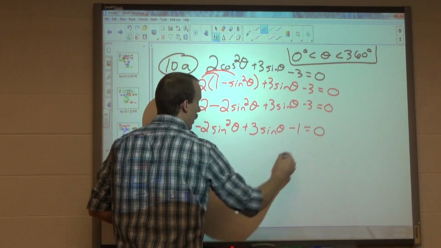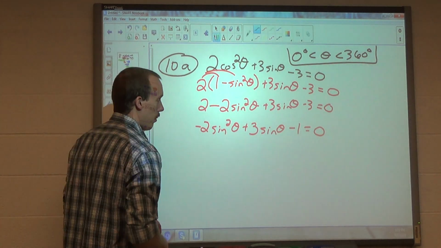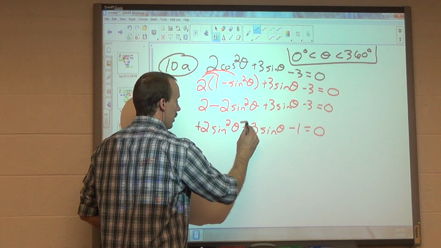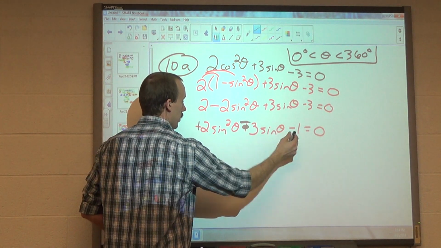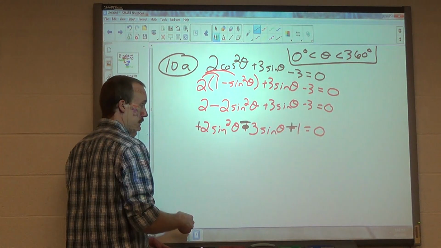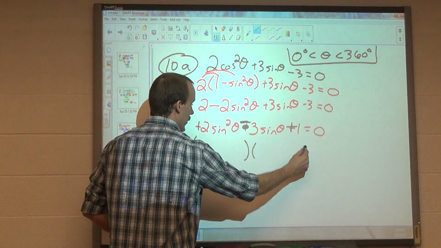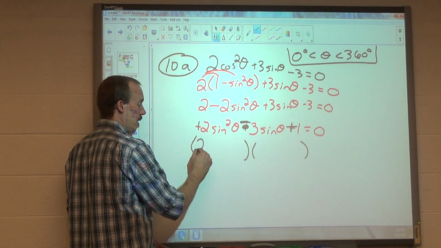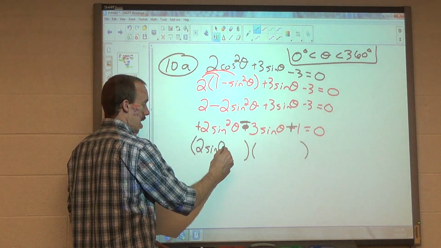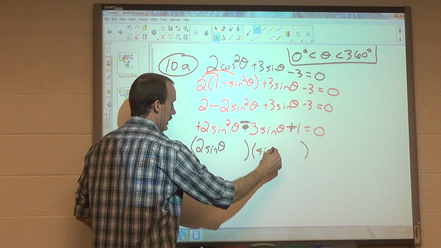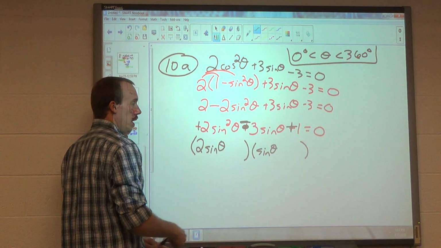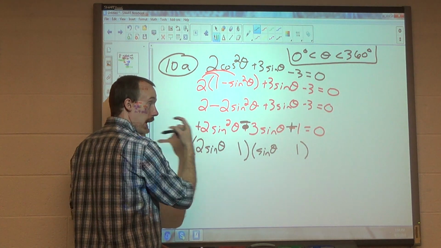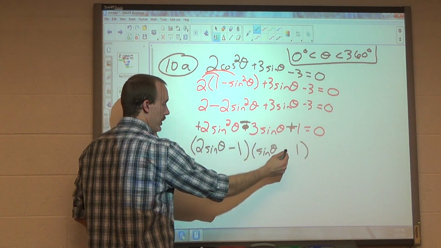Negative 1. And then I would want to factor, but before I factor, I don't like having this negative in front, so I'm going to switch all of the signs. So I'm going to change that to negative, positive. What times what gives me the first term of 2 sine squared? 2 sine times 1 sine gives me 2 sine squared. What times what gives me the last term of 1? 1 and 1. And I gotta get a -3 in the middle, so both of these have to be